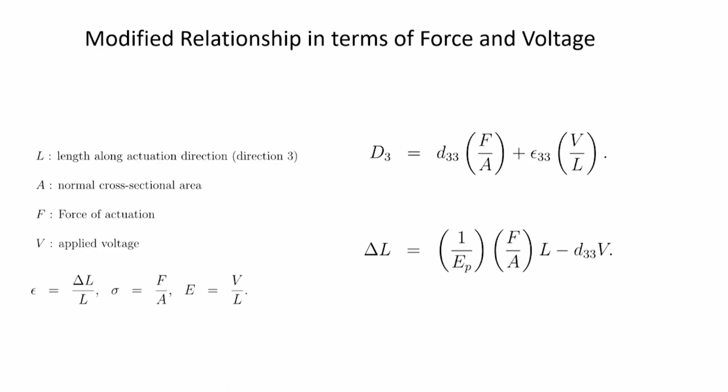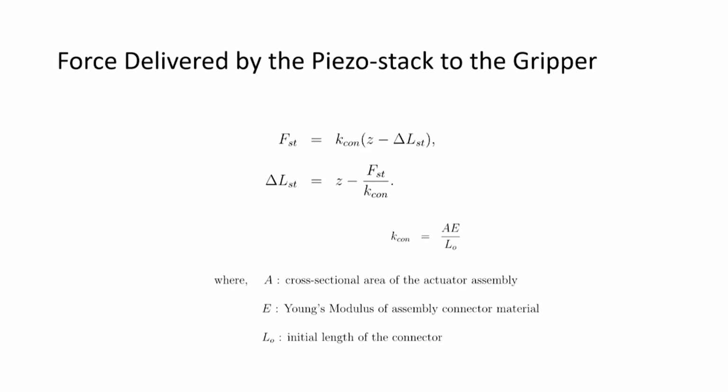Now, you can get this total length change with the help of the mechanical length change and the active length change, that is the active part of it, and similarly you can get the voltage generated in the system. So, if you further work on it, what is the force that can be delivered by the piezo stack to the gripper, then you know that it is working against a spring, because there is a stack here, and then there is a spring that moves these two points, that point A, if you remember, and that moves